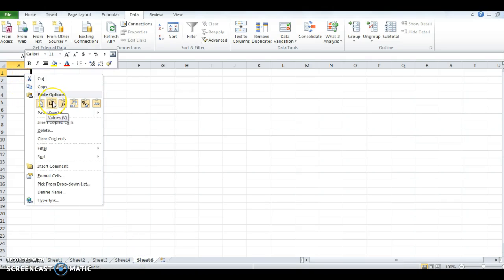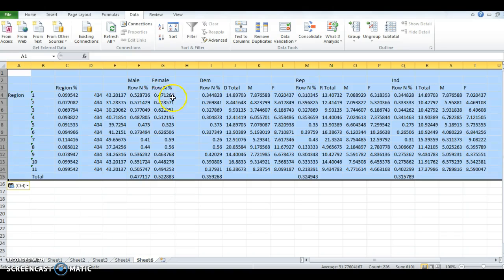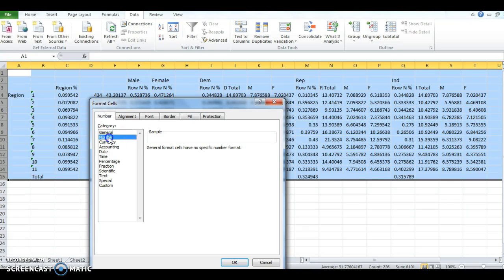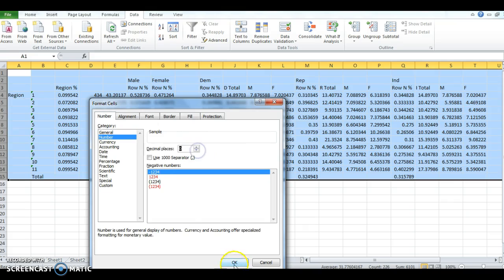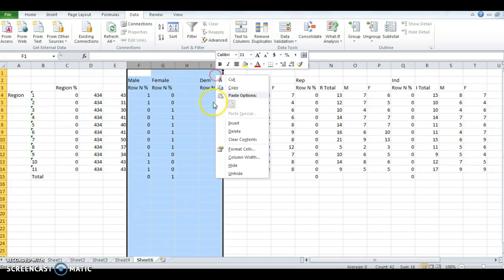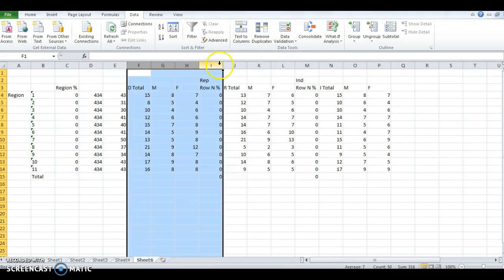So we'll go in and we paste it as a value. In this way, all of our formulas that we had before are now values. We'll also go to our format cells and turn them back into our numbers with 0 after the percentages. So now we're also going to start taking out some of these, so it'll be easier for us to look at when we look at our